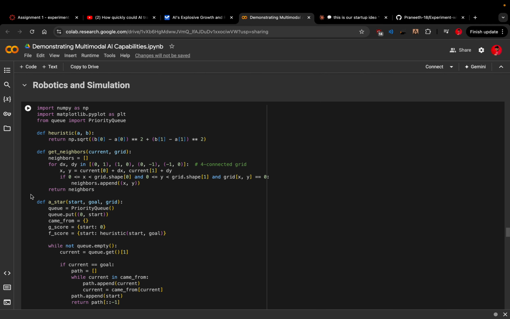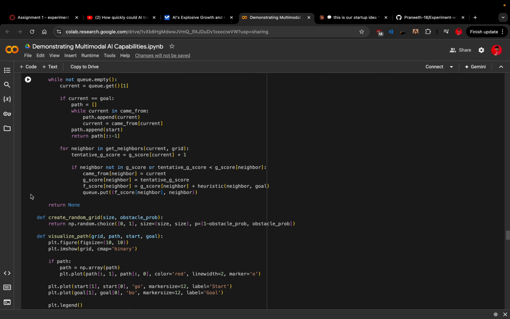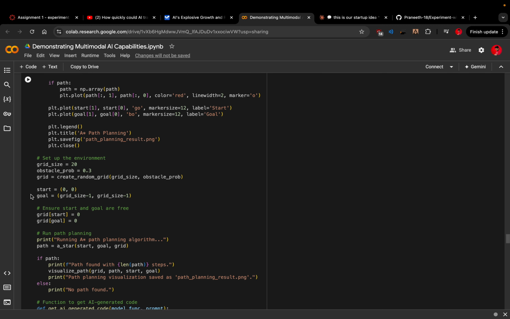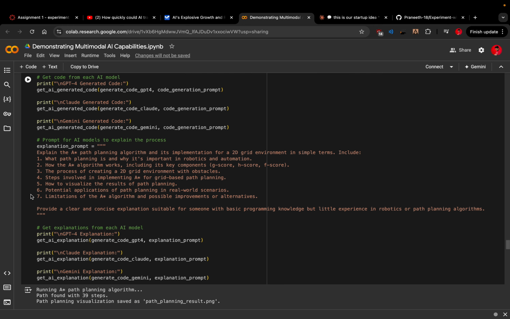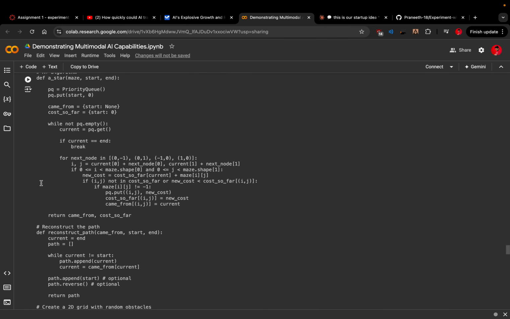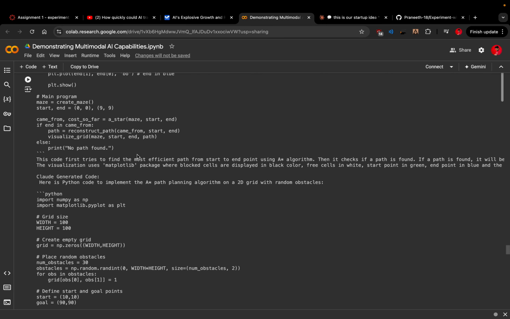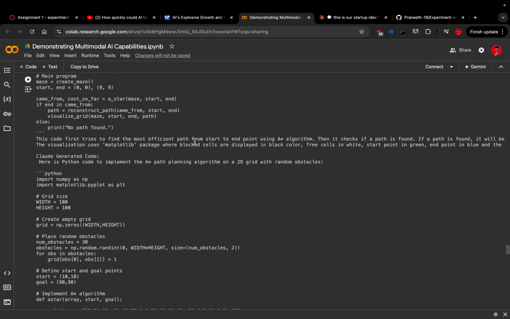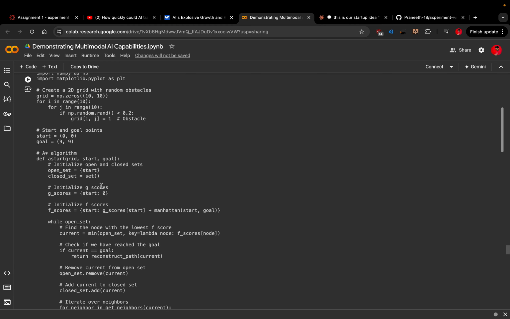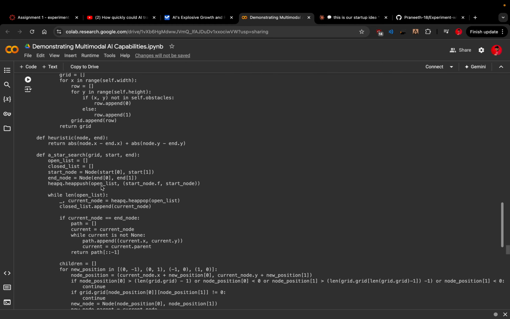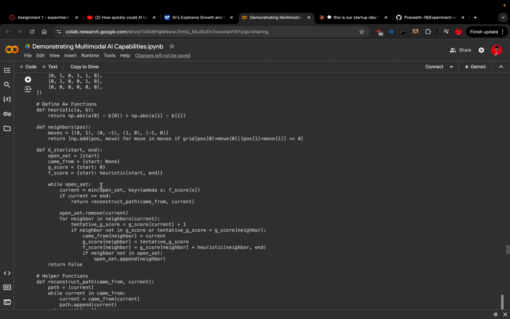And next we have robotics and simulation. We implemented the A-star path planning algorithm, and it was interesting to see how each model explained this algorithm. Yeah, so we have the explanation over here. And for the next part, okay,